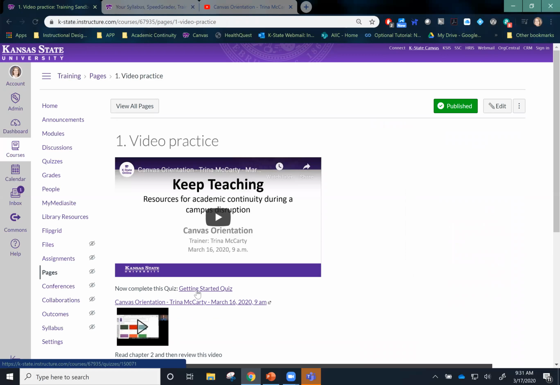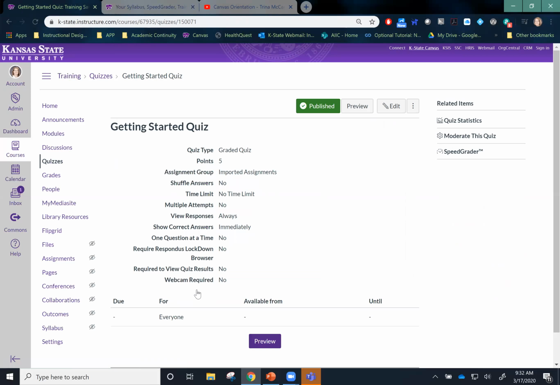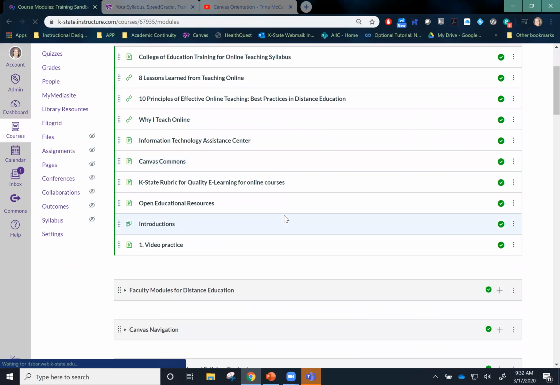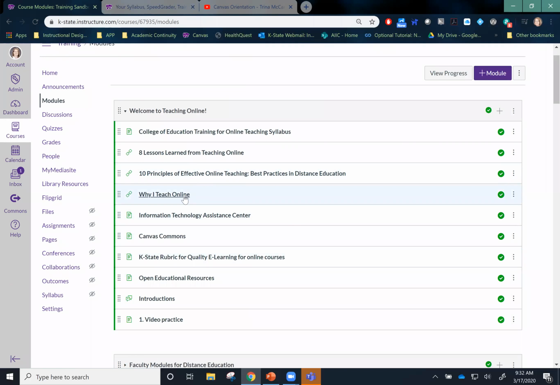So now when they click on this, it will take them away from the page into that other assignment. So they now have left the page, so it does kind of take them out of that element, but it does connect all of the content directly together. Now, if you wanted to have it more progressive, next, that is the modules sort of process, you could have the page or the link to the video, then the quiz as the next link here, then the next video